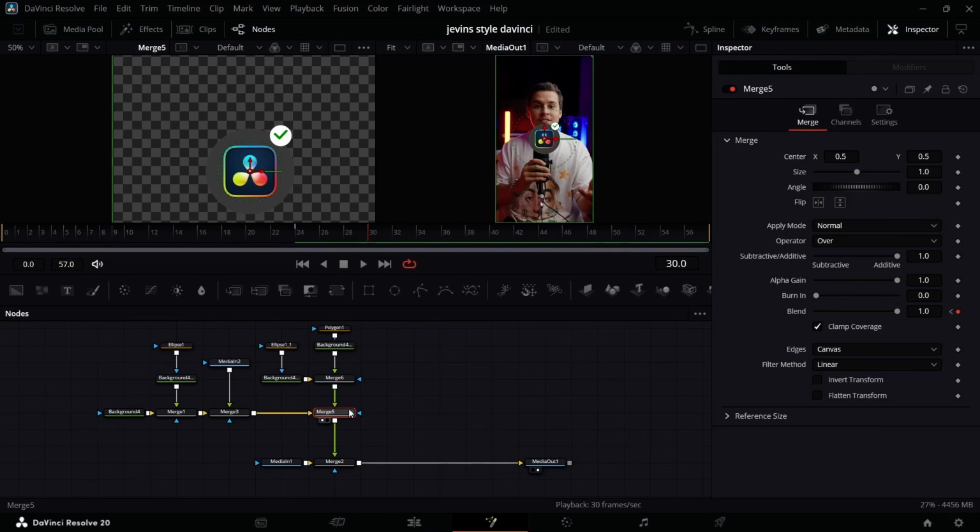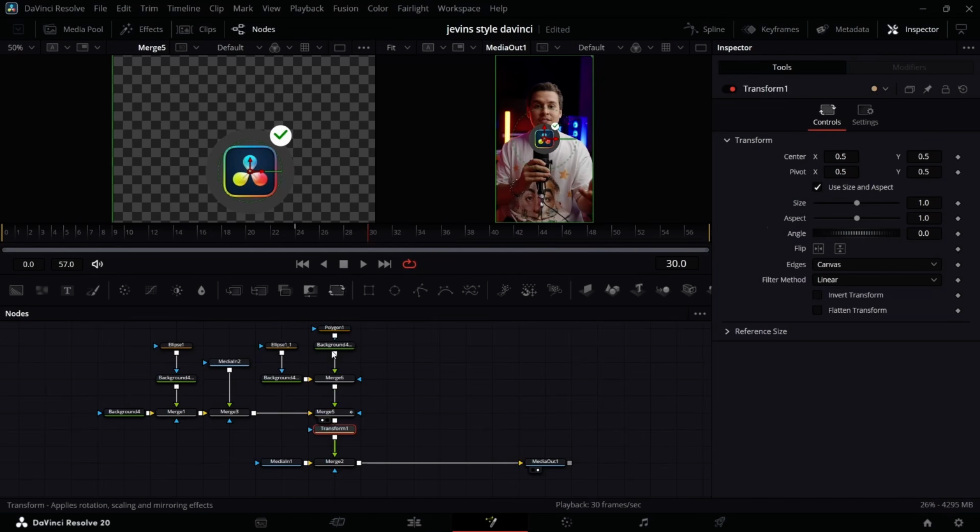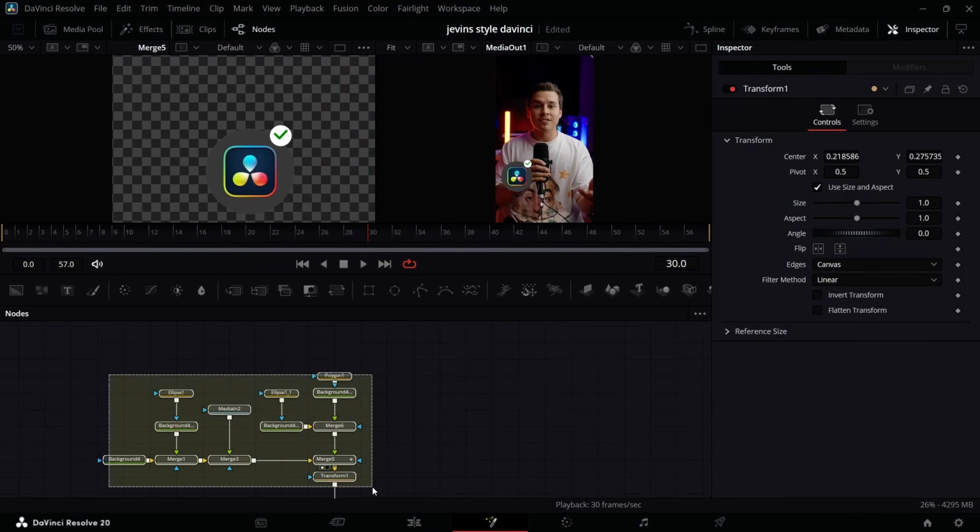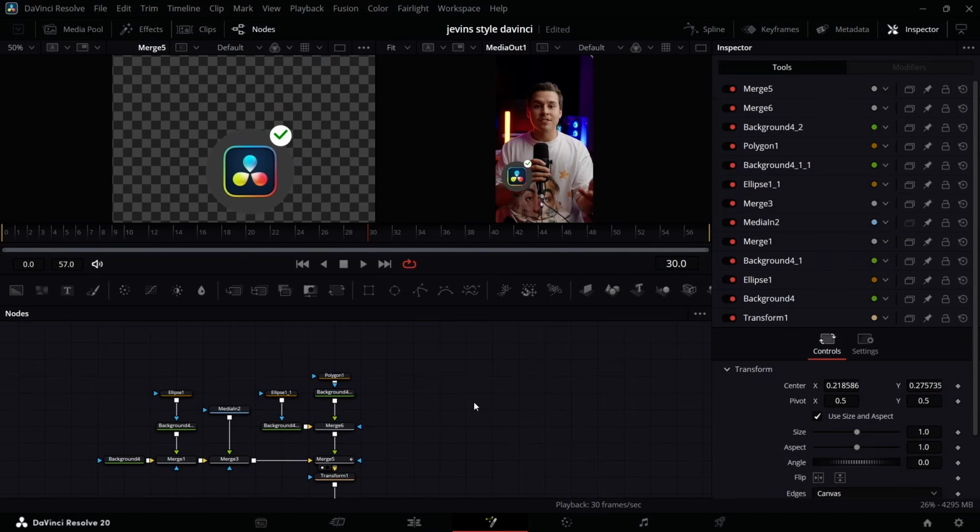Now you can add a transform node here and position it wherever you want. I think I'm going to position them here. Somewhere around here is good. Now all we need is to copy all of these, Control C, and I like to paste it up here, Control